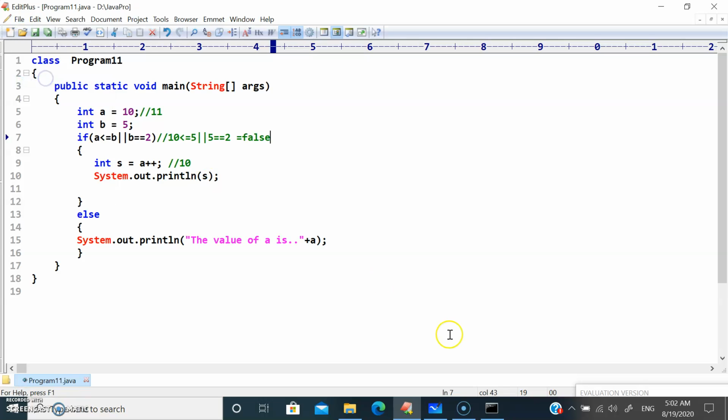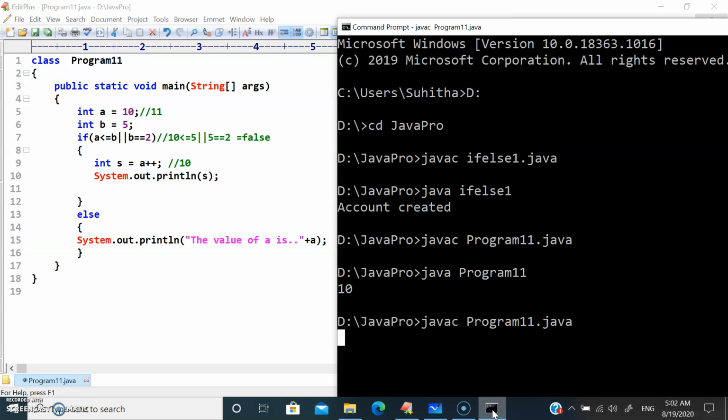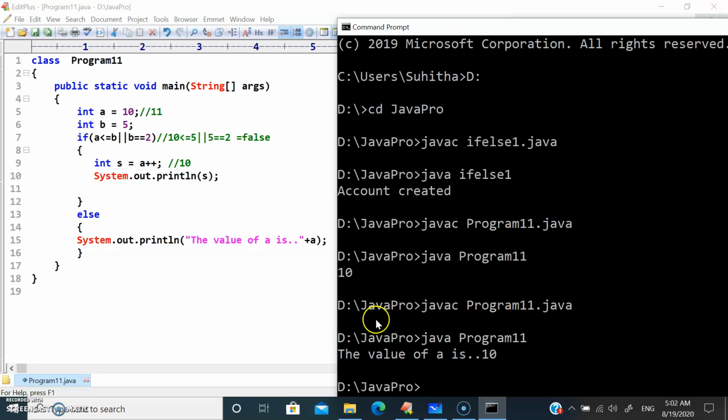Let me save this. So the value of a is 10. Because the if condition is false, it will not enter and it will not do the increment. So it goes to the else statement and prints the value of a is 10.